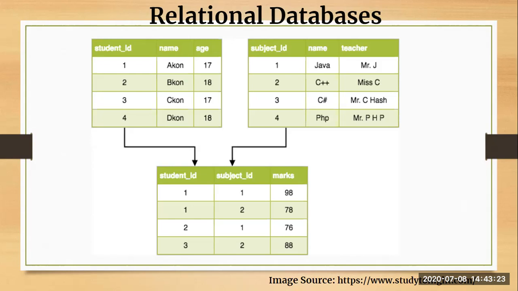Where in your subject table, you have subject ID, subject name and the teacher name. So whenever you are combining these two tables and creating the third table, that is student ID of student table, subject ID of subject table, and the marks of every student with the subject ID which they have secured, makes your marks table. So relational database means what? It is creating some relations between your tables, and with the help of those relations you can create another set of tables. Okay, so that is your relational databases.